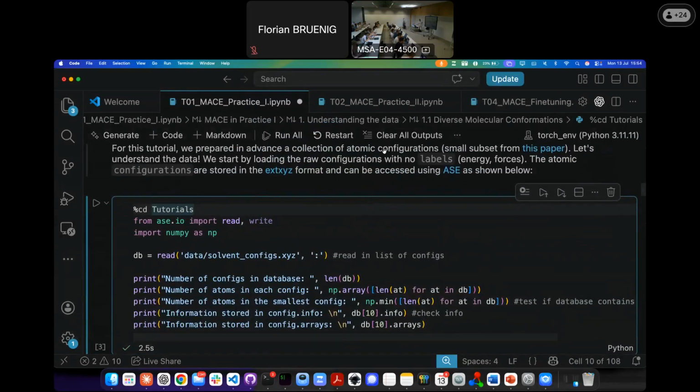So first, the data format. Really the easiest data format for training MACE is the XYZ file. So the XYZ file is like a simple